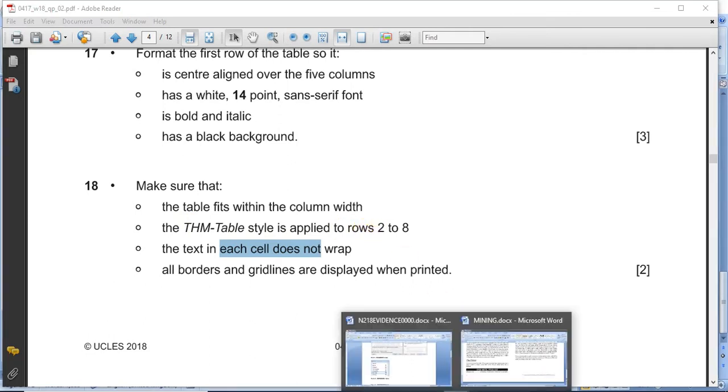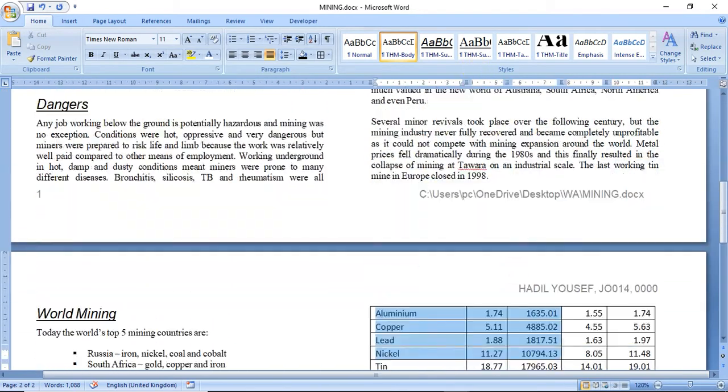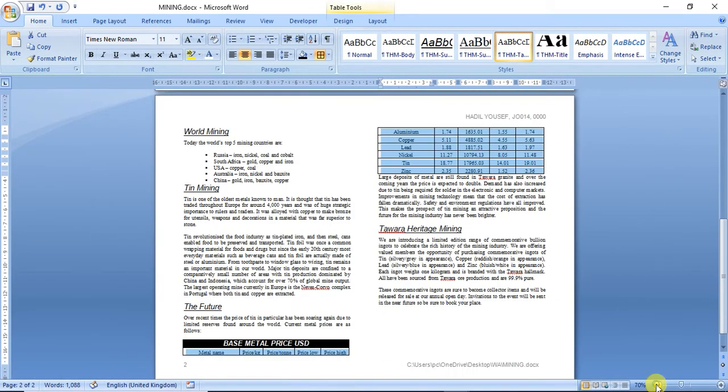Let's find out. Now this is the second row, and to the end I have to check that I have applied THM table. This is the THM table. I click on it. Then let me check by zoom that I am not exceeding